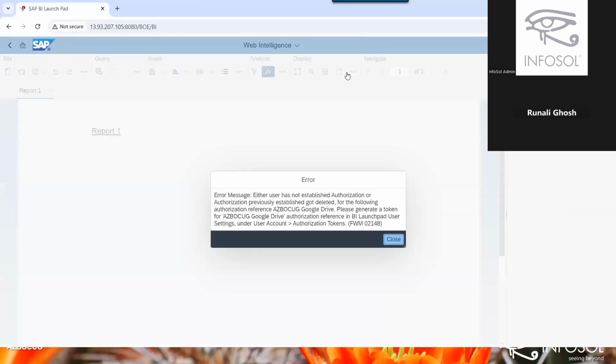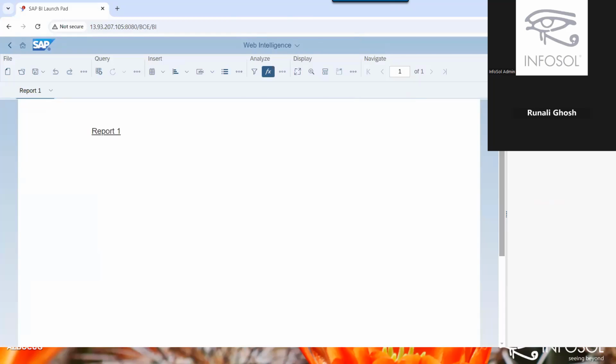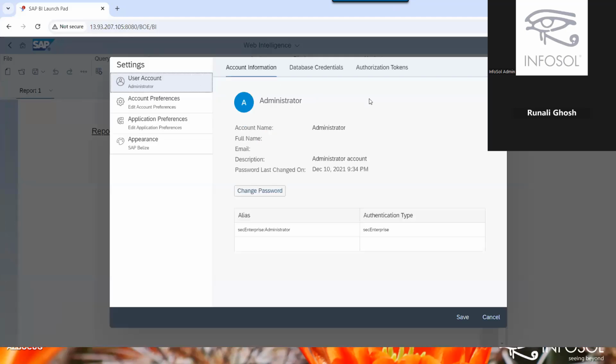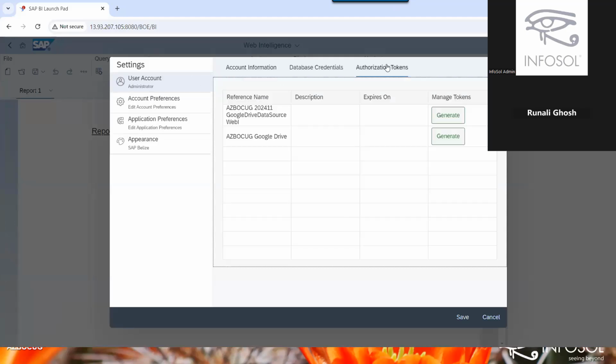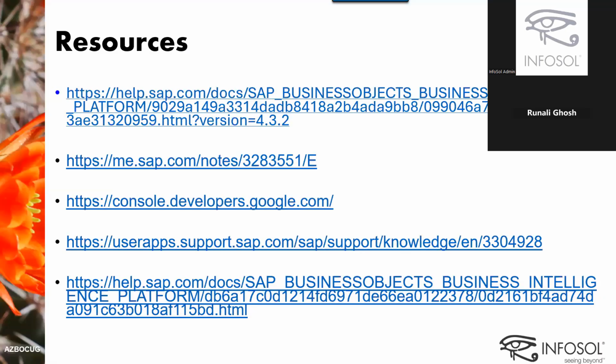I'm getting this error because the actual token is not generated, but it actually takes me to my Google Drive with the file, but it doesn't let me select that. And in the settings, you go to your user account, authorization tokens, and you generate your token here. And if it was all working, then you will get a token and all that connection would be made. I have added the resources in the slide. Yes, for OneDrive, you have to set up the authorization